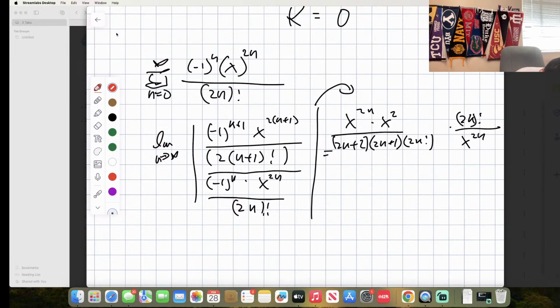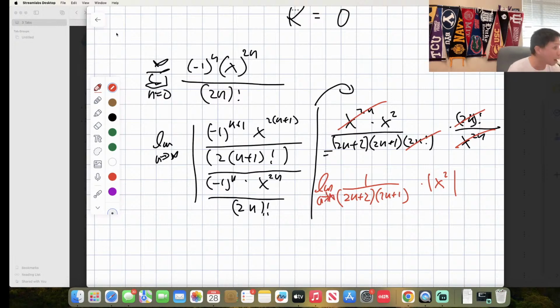All right, the 2n factorial cancels out, and x to the 2n cancels out. So that becomes 1 over 2n plus 2 times 2n plus 1 times absolute value x squared. Now, limit as n approaches infinity. Now, realize